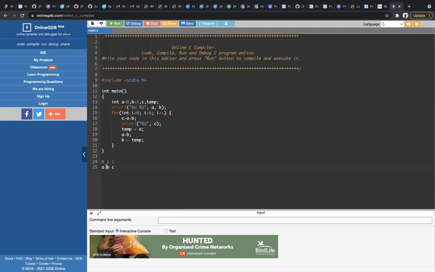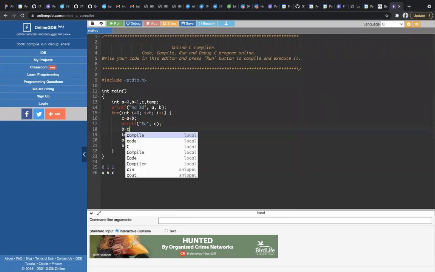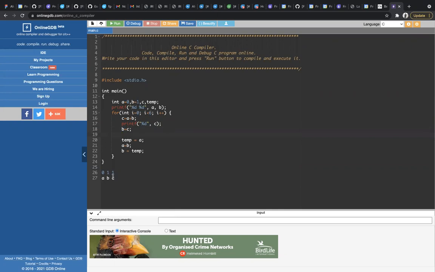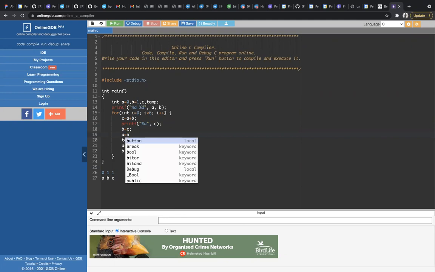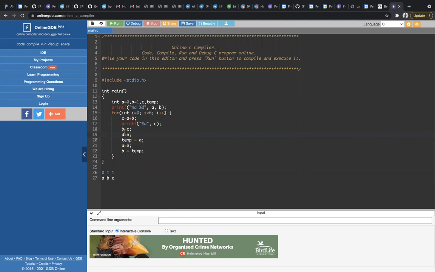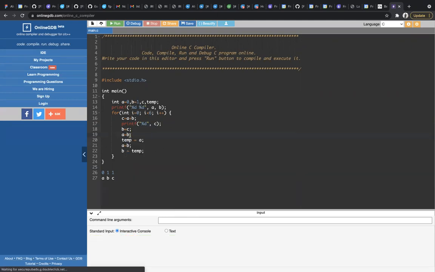In the place of C, I will have B, like B equal to C. I can give B equal to C. And after that, A equal to B.